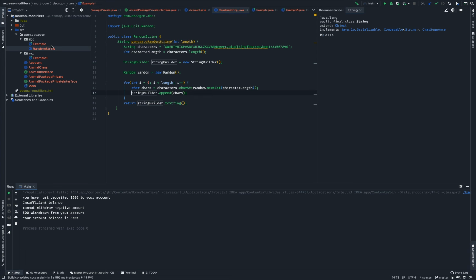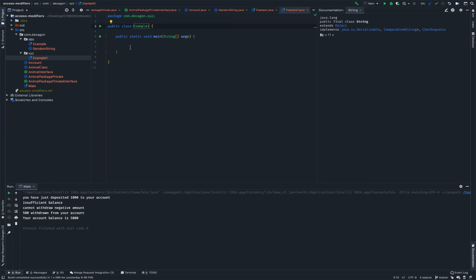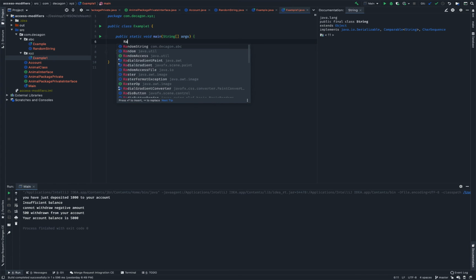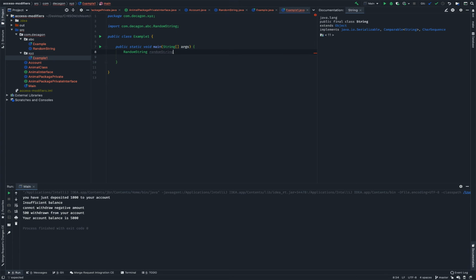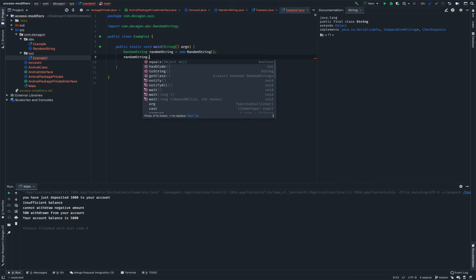Now remember, this RandomString class is in the ABC package, and this Example1 is in the XYZ package. Now if I try to initialize the RandomString right here, RandomString equal to new RandomString, and try to access the default method generateRandomString,